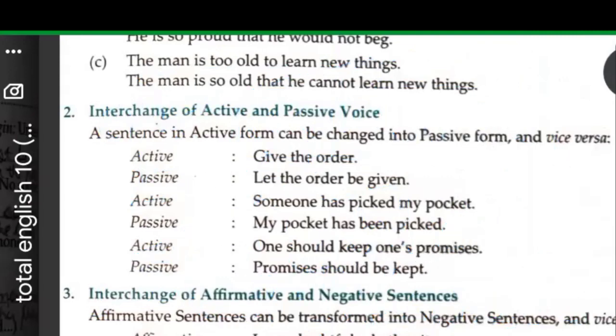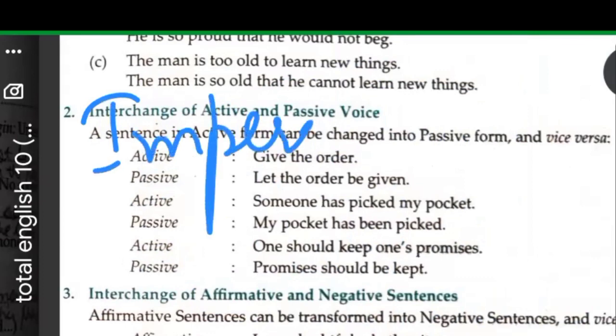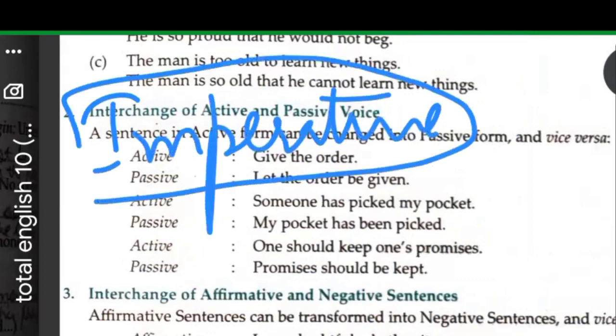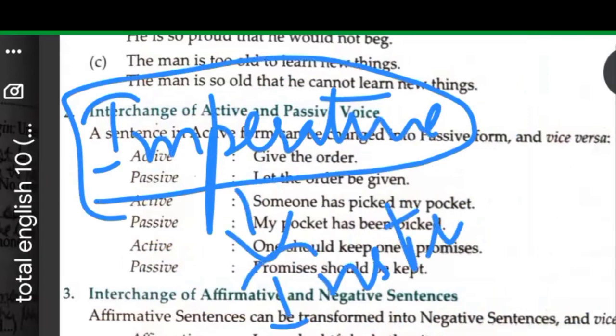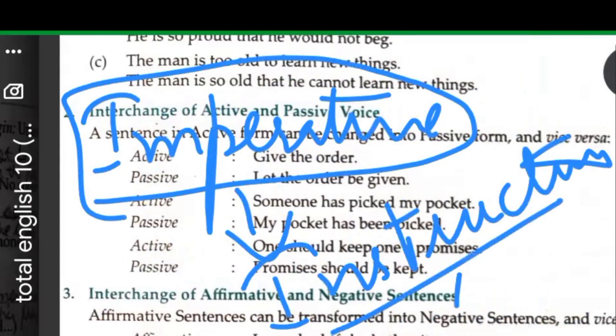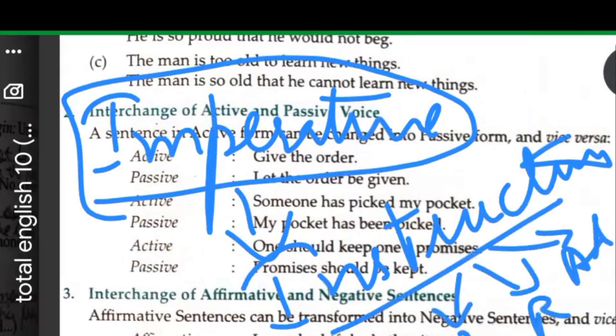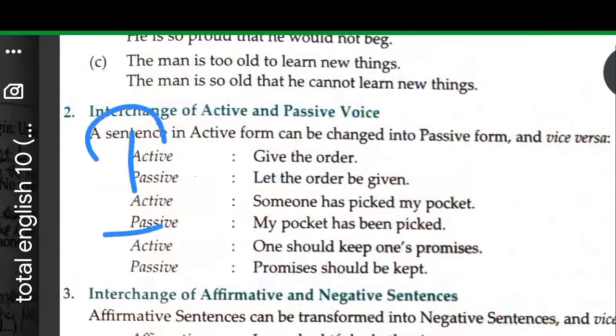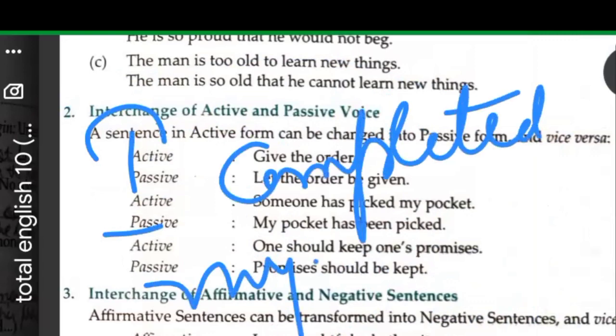But now, as you said, what is the difference between affirmative and imperative? Imperative, I told you, the word signifies itself that there would be instruction. Instruction can be given, I told you, in three ways: order, request, and advice. Okay, three ways: advice, request, and order. When I say that I completed my work,